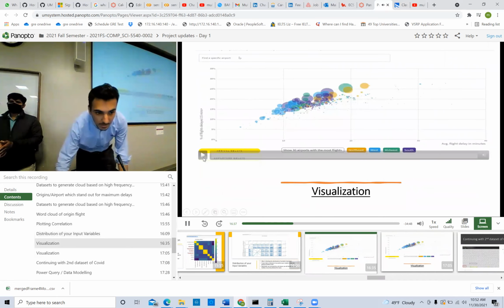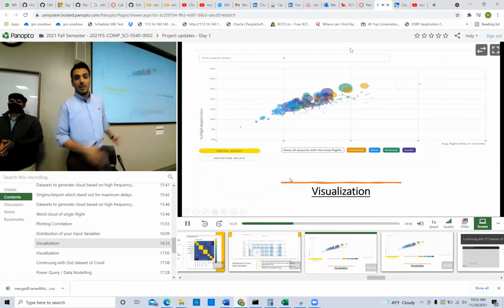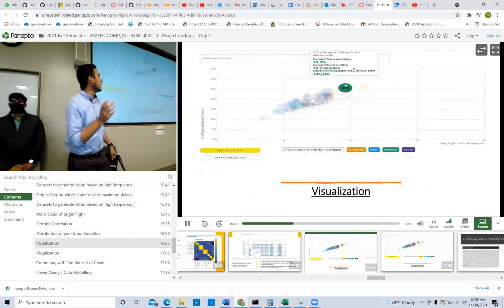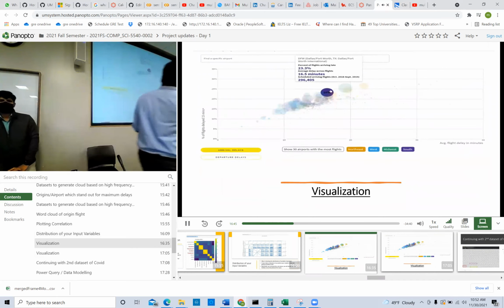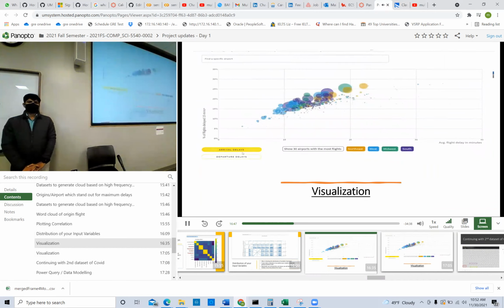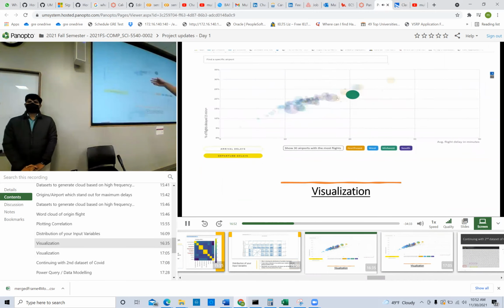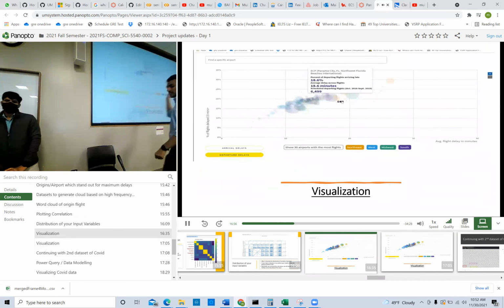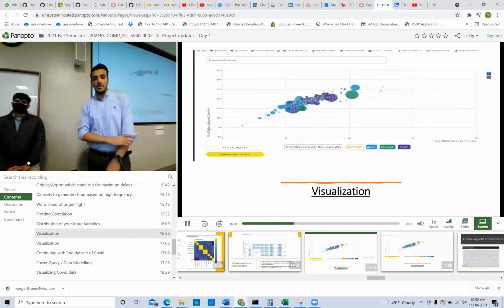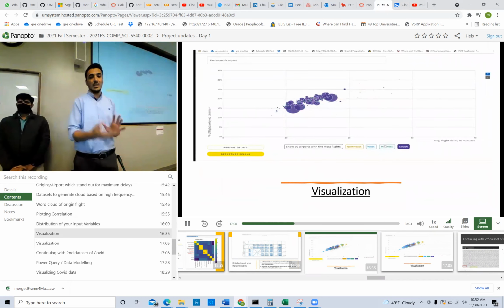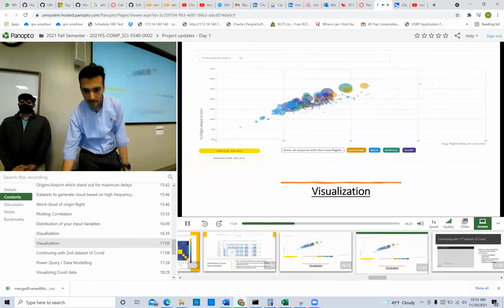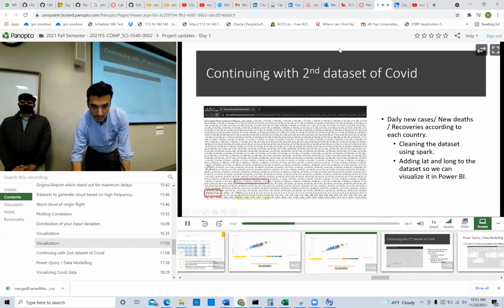This is the visualization I just wanted to show quickly. On Power BI, this is a bubble chart. The bubble chart is basically, it caters a lot of dimensions. The size of the bubble basically represents how many flights it has catered. And here I have arrival and departure separately. And then the color represents which region those flights belong to, right? So I can easily filter, I can easily visualize. It's easier for me to know what's going on. How to go next? Okay.